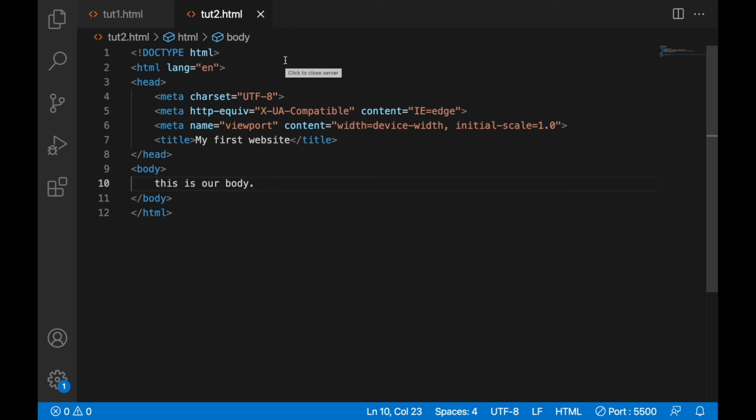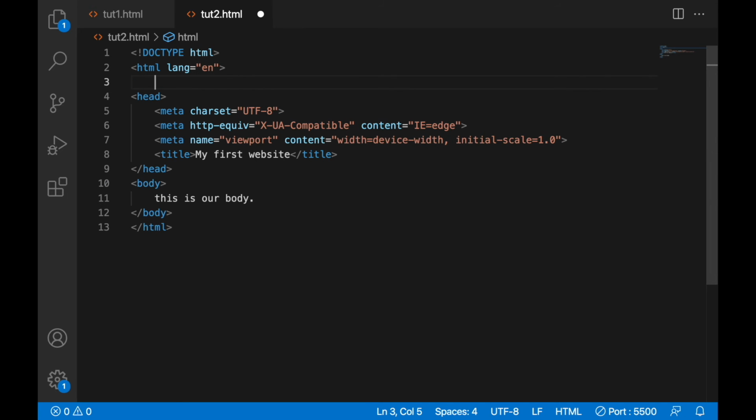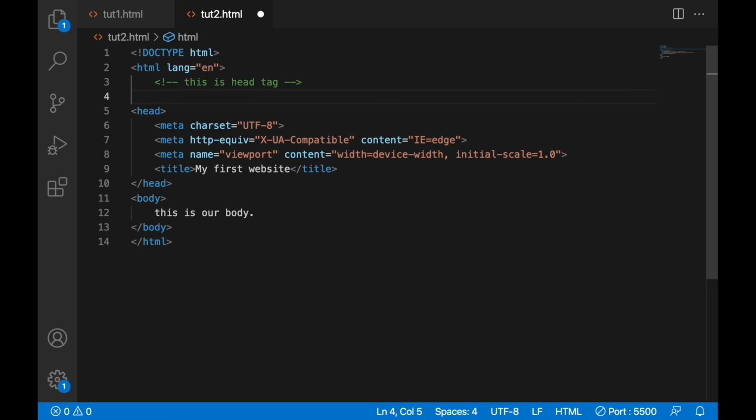Now you can actually write comments in between the lines. Let me just write one comment. You can comment it by pressing Control plus slash, and it will be commented. This one was the shortcut, and if you want to write it manually, you can write it as